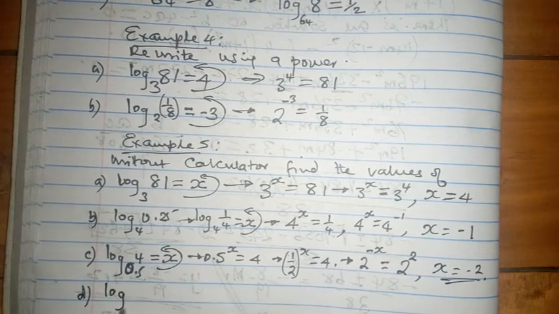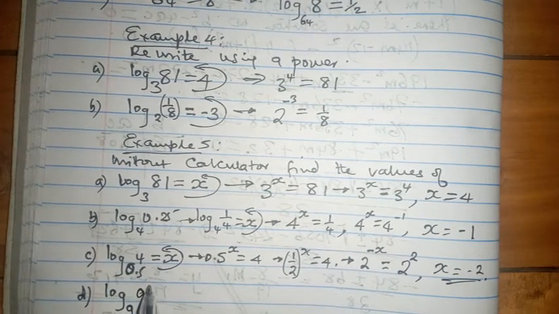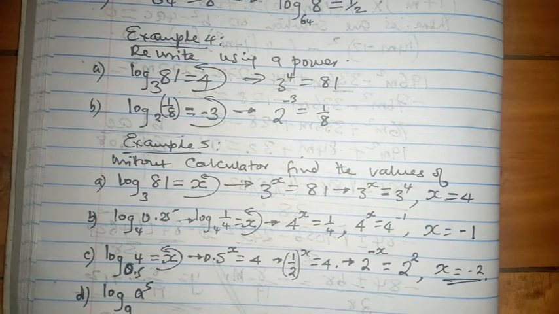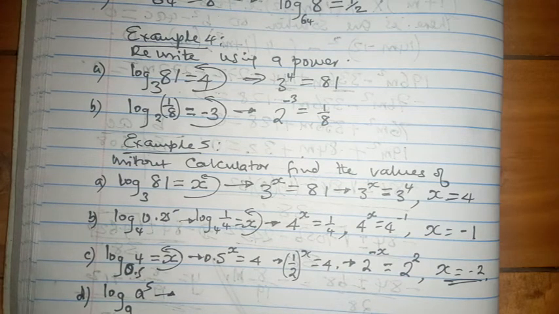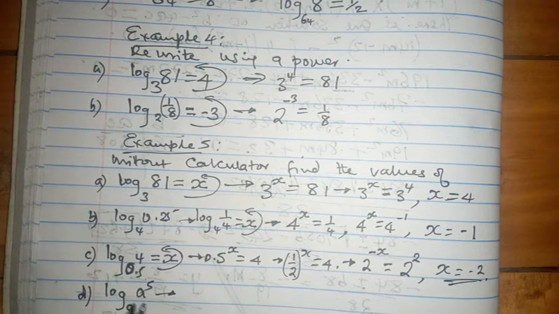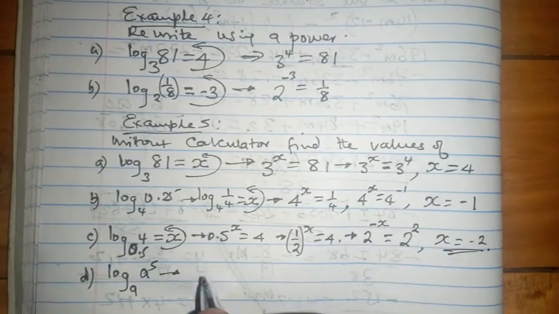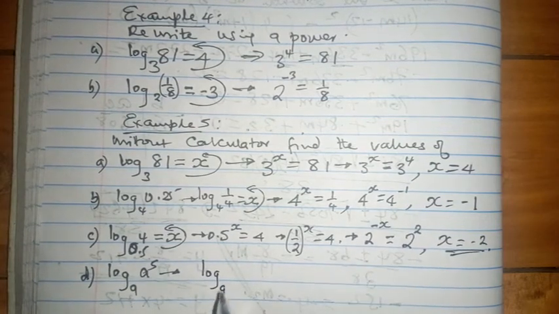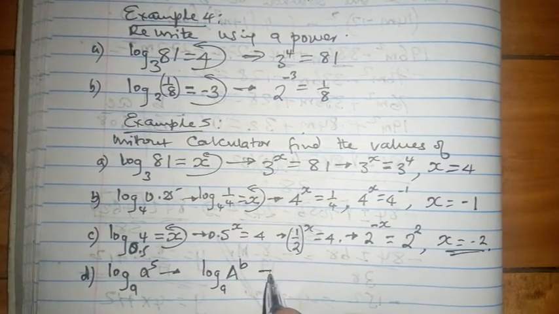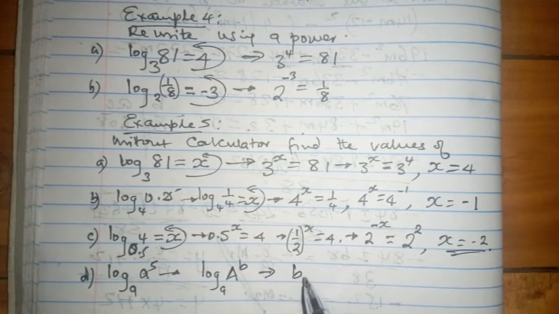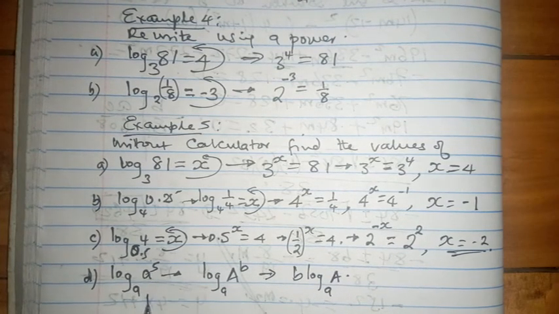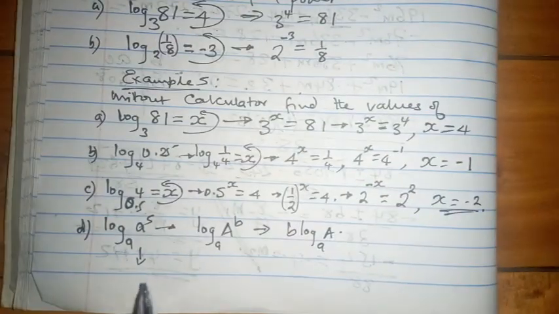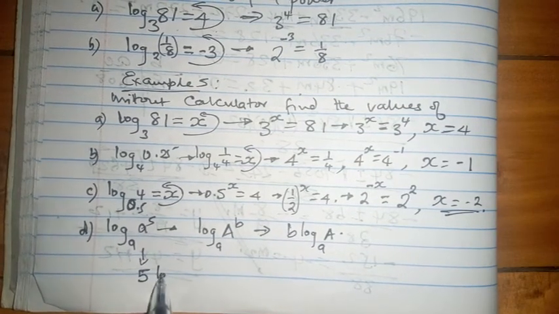the logarithm into base a of a raised to power 5, and this one is quite critical. You would be able to remember the law of indices, which says that if we're talking about log to base a of a raised to power b, this one is the same as b log to base a of a. So this index now becomes a coefficient, in the sense that we're going to have 5 log to base a